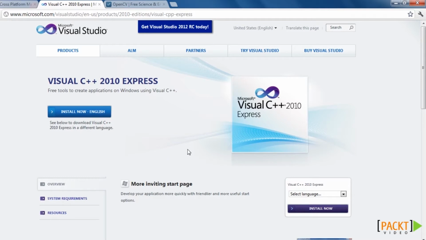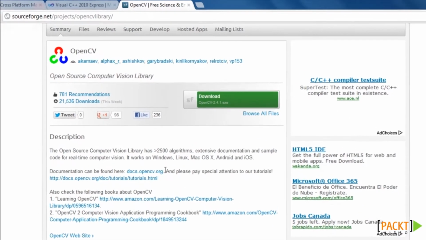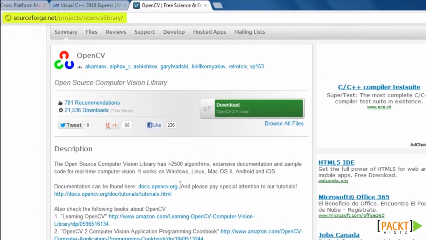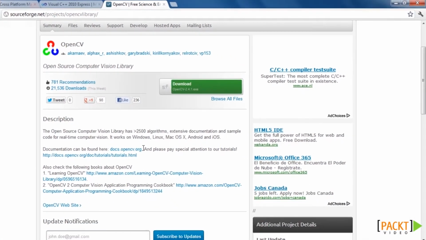So once you have those two programs installed, then you can just go to download the OpenCV files, which you can get from the SourceForge page. So basically just go to SourceForge and you download the latest file for Windows, which in this case is OpenCV 2.4.1, and you can just download that. After you do that,